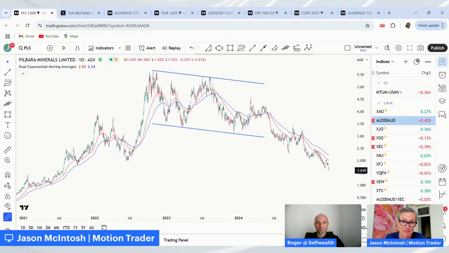I've got to protect capital. That's the number one objective, because if you lose all your chips, you can't play anymore. So I don't want to lose all my chips by holding stocks which are in decline. I've got to take losses, and so I'm ready to play again when I get another good setup. I don't want to get stuck in a PLS.